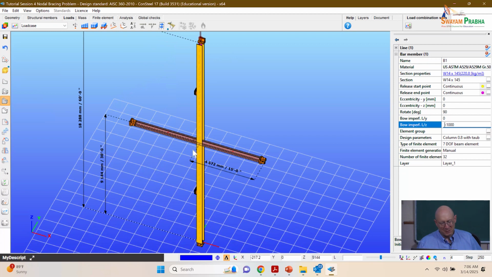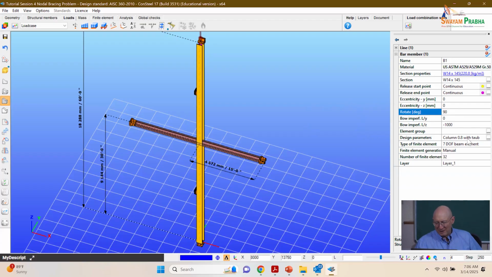Actually, no, I think it's going to be positive y. So I think it's a local thing going on there with that negative number. Notice the other thing is we had to, from the default, rotate that column by 90 degrees in order to put it in major axis bending in the direction we've got it. Okay? All right, so now